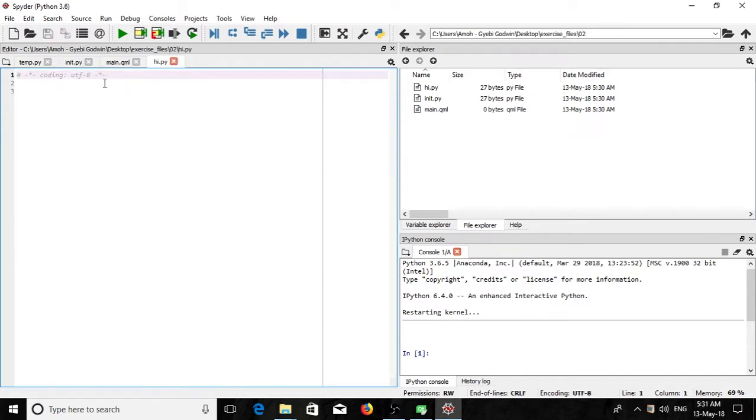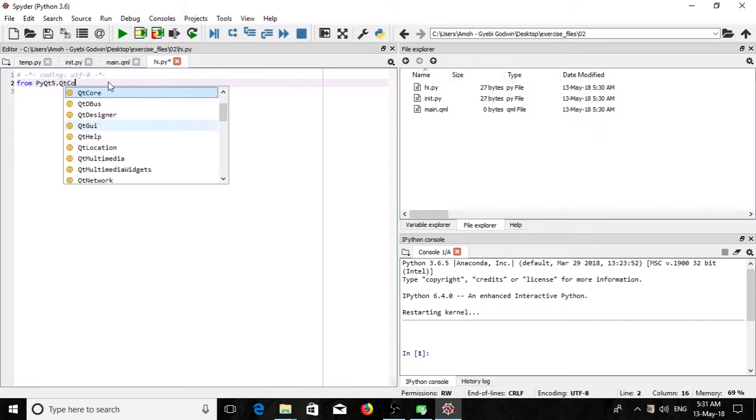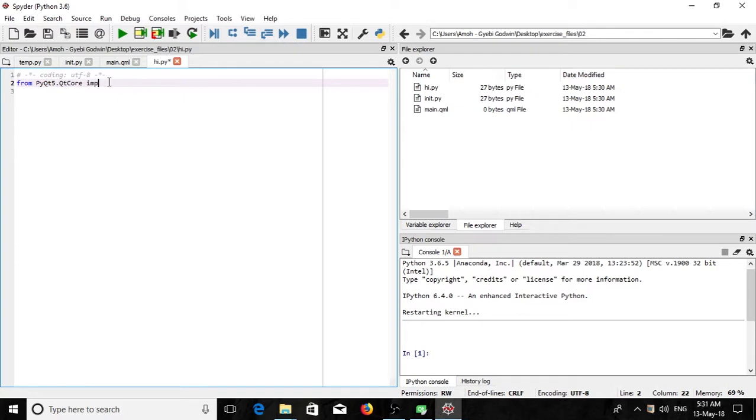I'll click on to my hi and import PyQt5, QtCore, import QObject,